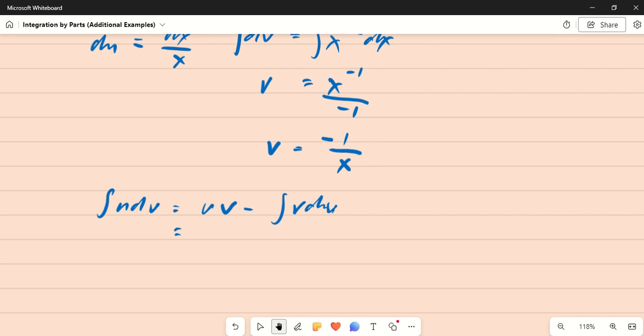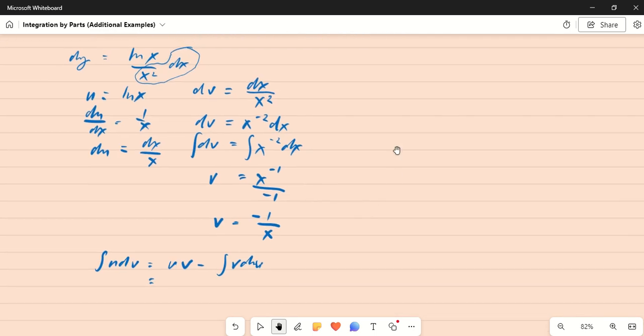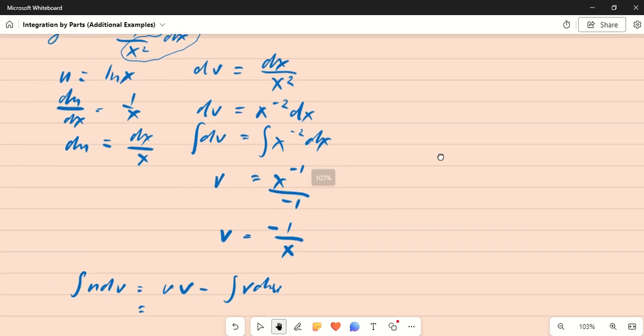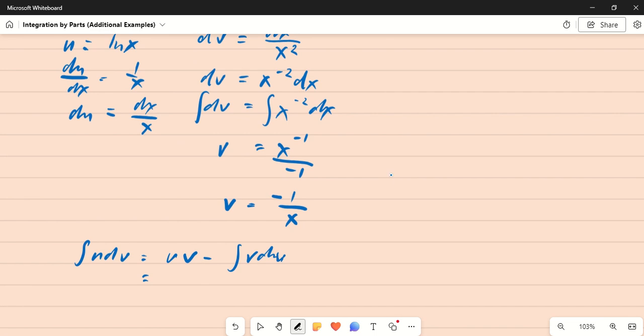u. Our u here is ln of x. Okay, our u is ln of x. So you write it here, ln of x. And our v is negative 1 over x minus the integral of v, that is negative 1 over x times du, and du is dx over x. Okay, so you have your du,